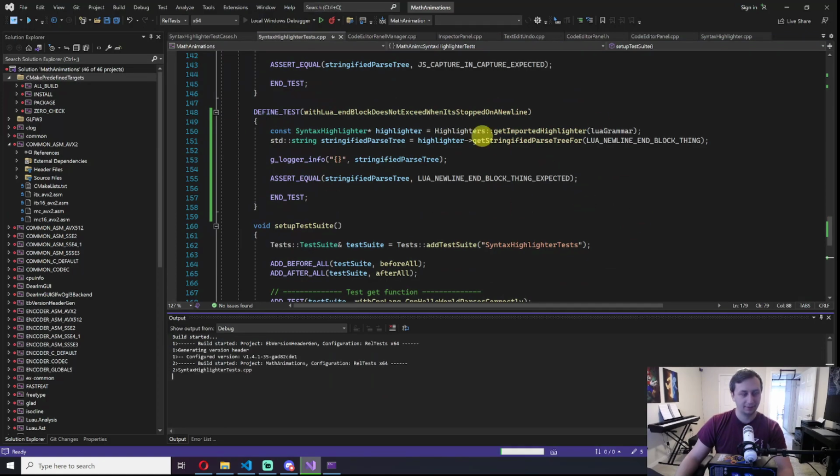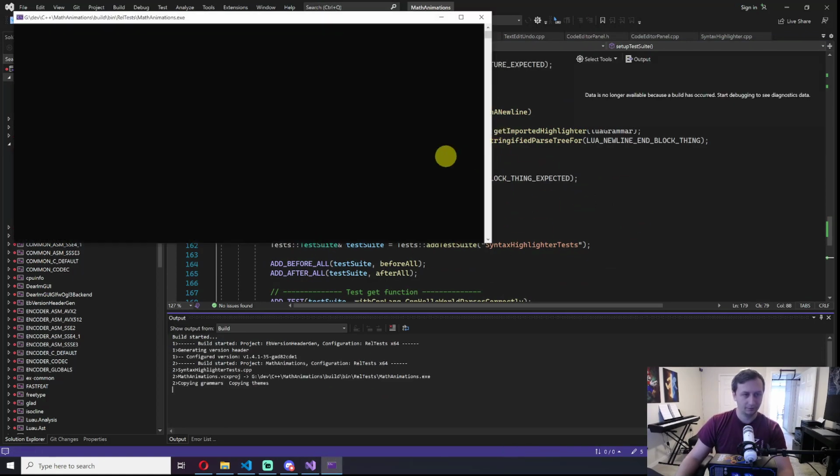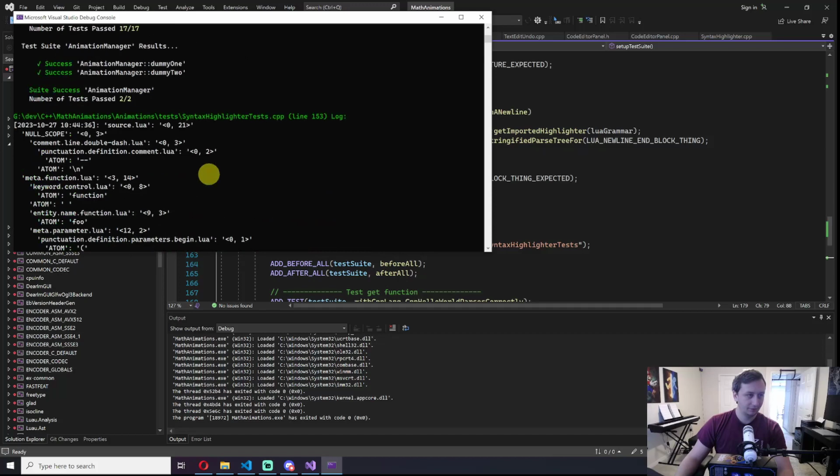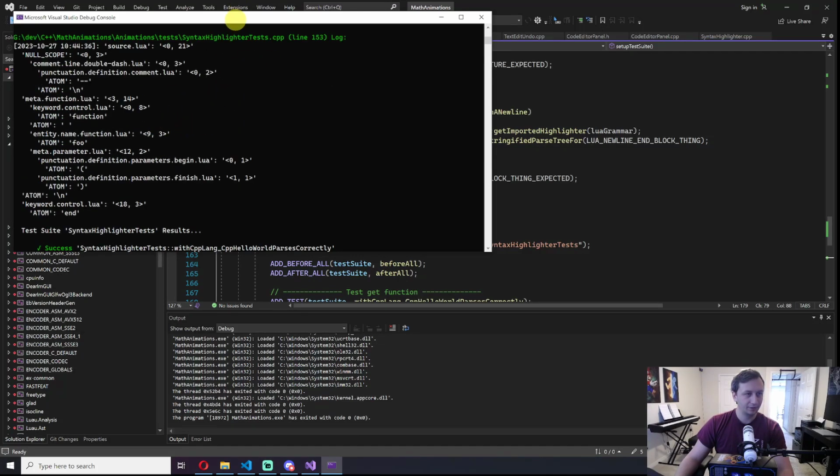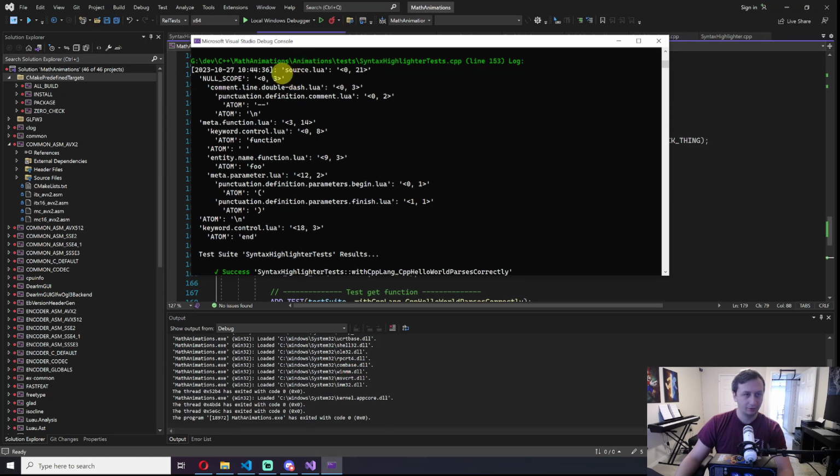Okay, so we add the test there. We should see it fail. We do see it fail, and if we scroll up a little bit, we can actually see what it printed here. So now let's make sure that this is all correct. So we should get source.lua from 0 to 21, and then null scope from 0 to 3, which then has